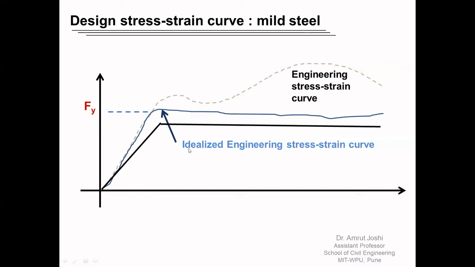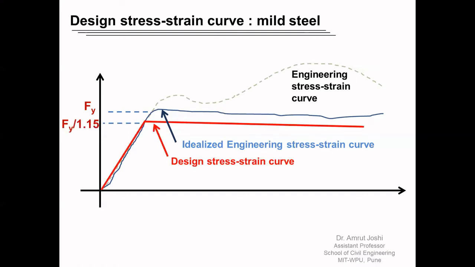But then it does not fit the experimental observation that in the linear zone, the steel exhibits a fixed value of modulus of elasticity, and that is 200 GPa. Because the moment we divide only stress values by the partial safety factor for material strength, the slope of this line, which is marked in black, will not be equal to 200 GPa. So therefore, to obtain the design stress strain curve of mild steel, we divide both stresses as well as strains by the partial safety factor for strength, and then we obtain a design stress strain curve.